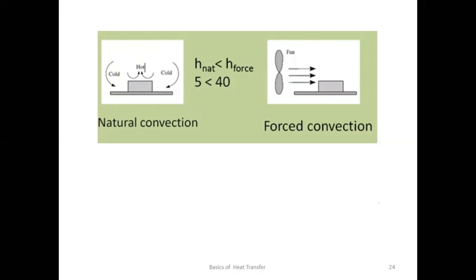When you see the practicals, you have to take all aspects into consideration, like temperature of air, temperature of surface, fluid velocity of air, thermal conductivity of air, the specific heat of air, and various other things. At the time of practical, we will not always get the perfect value of H. We have to make some assumptions, and on the basis of that we find the H value. This is very difficult to find.